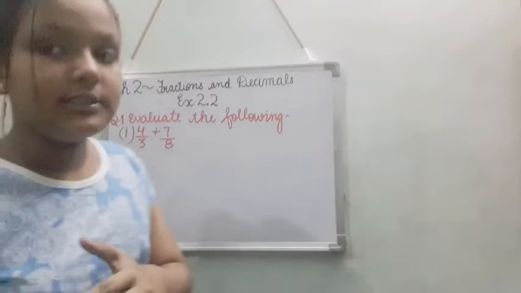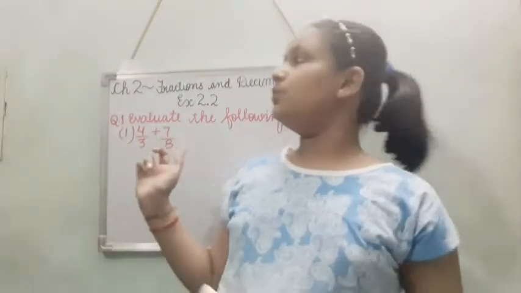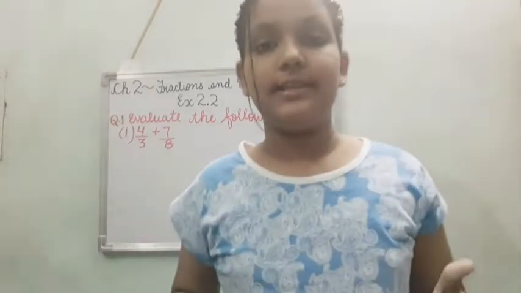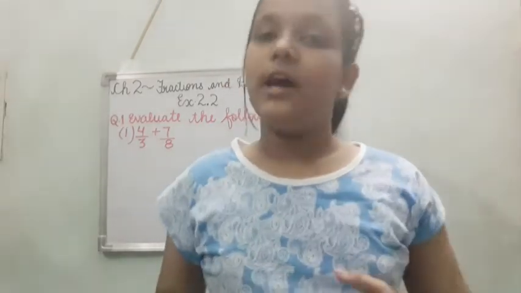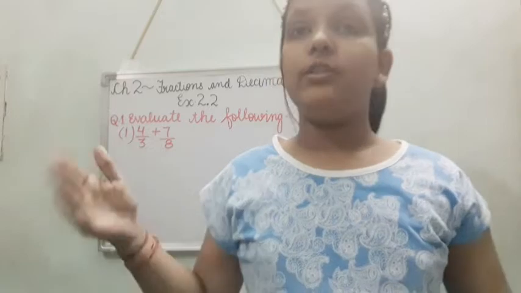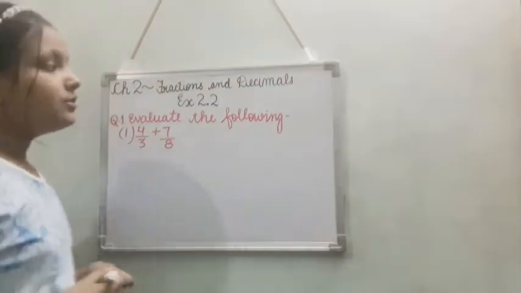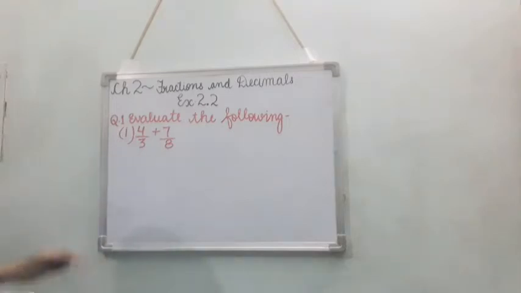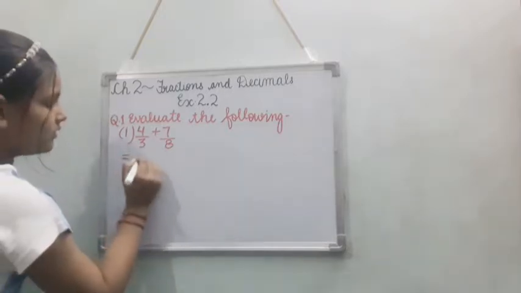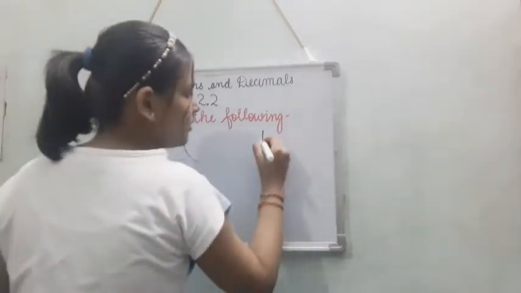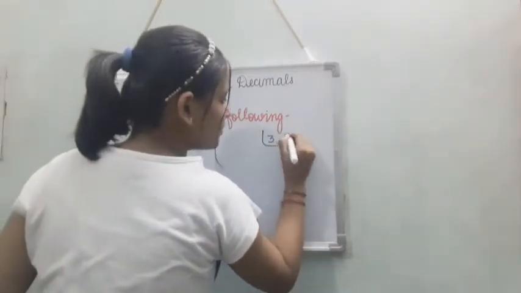So firstly let me tell you, these are two unlike fractions. So firstly we need to change them into like fractions, and after that we'll get the answer by doing all the methods. For that you all know what to do. We need to take out the LCM. Okay, so let's take it out.